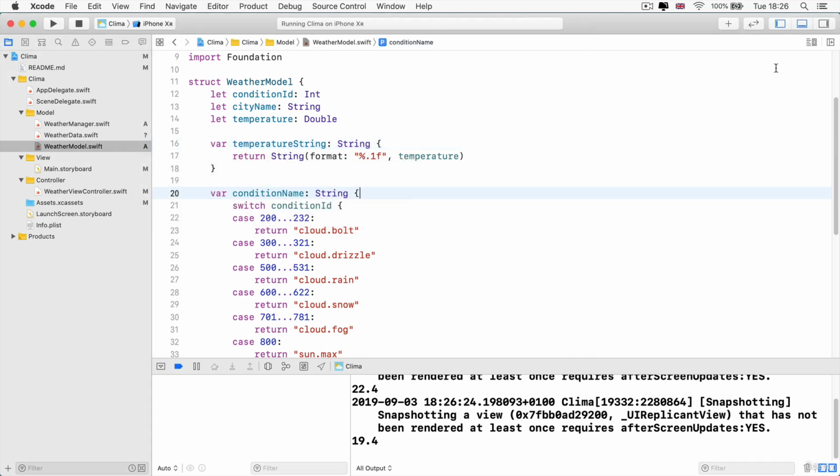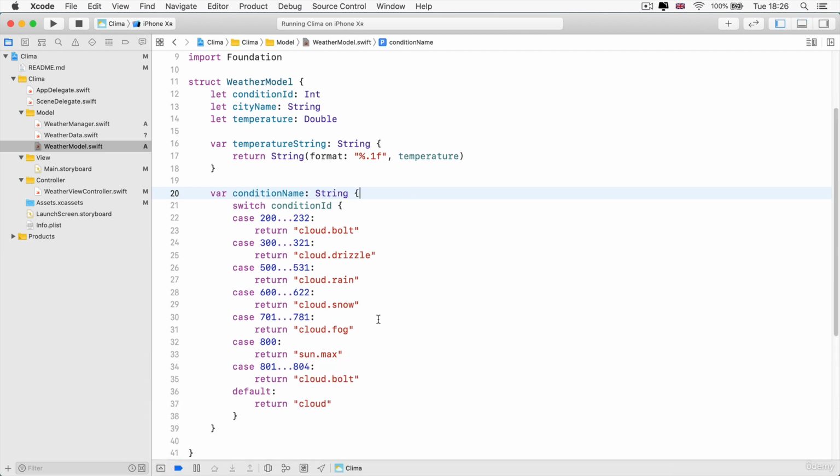ready for us to put into our temperature label. So in the next lesson, we're going to tie it all together and get our weather app working with